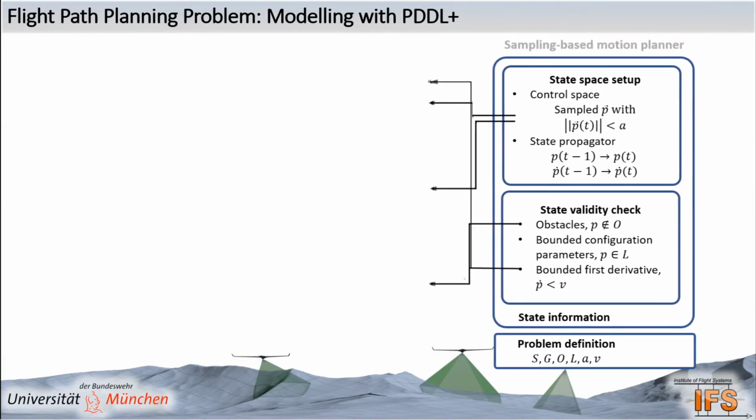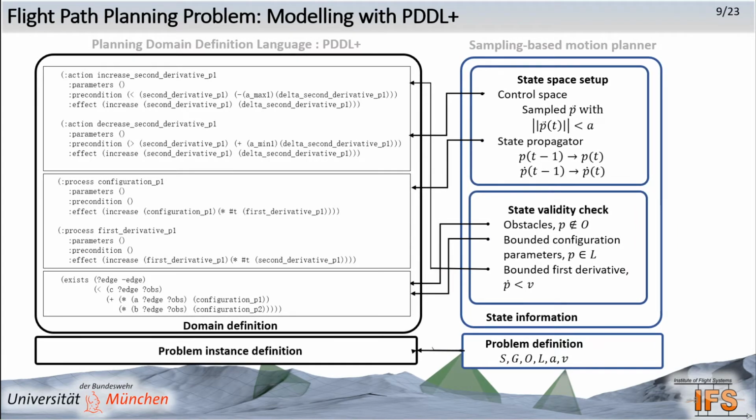But instead of using a conventional motion planner here, we decided to use a PDDL+ planner. PDDL+ is a problem modeling language that offers the possibility to formulate mixed discrete-continuous problems that can be leveraged to solve, on one hand, the kinodynamic path planning problem, which is continuous, and the task planning problem, which is discrete. So while task planning using PDDL+ is classic, solving a kinodynamic path planning problem with PDDL+ planners is not a usual thing to do.